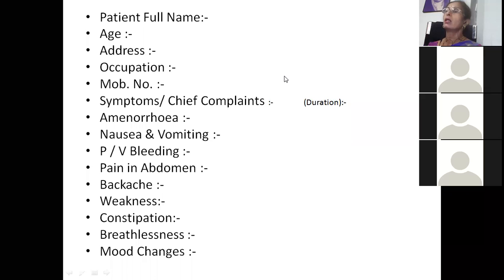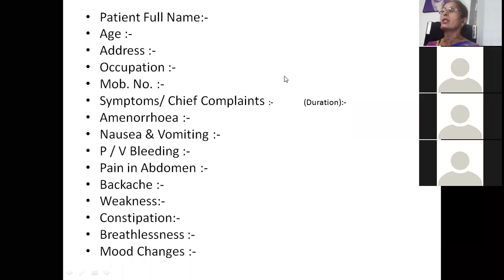If she has delivered once or twice, then you have to take detailed history, whether it was full term or preterm, when she has delivered, whether it was normal delivery or cesarean section, whether the baby cried immediately after birth, and after delivery of the baby, whether placenta was delivered, in how many minutes placenta was delivered, and how much bleeding was there after labor, and whether placenta delivered naturally or there was manual removal. This detailed history you have to take. In normal delivery, whether episiotomy was given, how was the episiotomy, whether there was breaking of the episiotomy. Then in cesarean, how was the discharge, whether it was foul smelling,